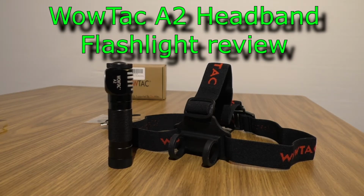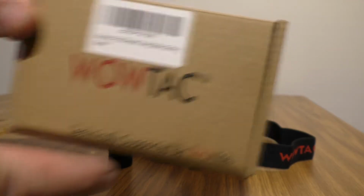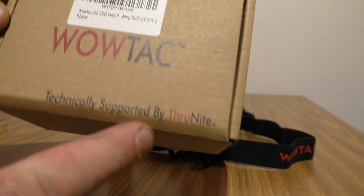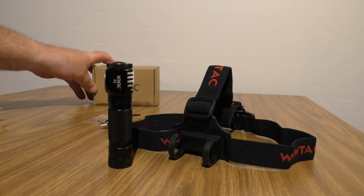Yeah, I got a new headband flashlight here from Wowtac, and this company used to be, for a short time, A-Tactic, and they are technically supported by Thrunite. A lot of their products have a very strong resemblance to Thrunite, and very high quality on anything that I have received from